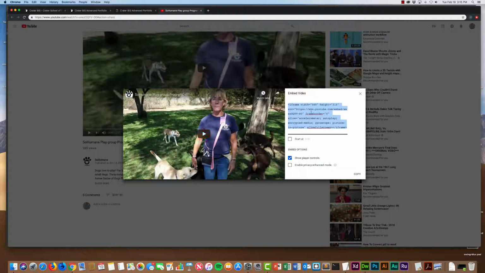So what I'm going to do is just copy that code. Before I copy and paste this over, I want you to notice that there is a width and a height value in this player. We can adjust this width and height value when we bring it into our website, but it will bring it in at this height and this width. And we want to get rid of that because we don't want it to be larger than the container that we're putting it in. So I'm going to grab that whole iframe code, Control C or Command C, and then